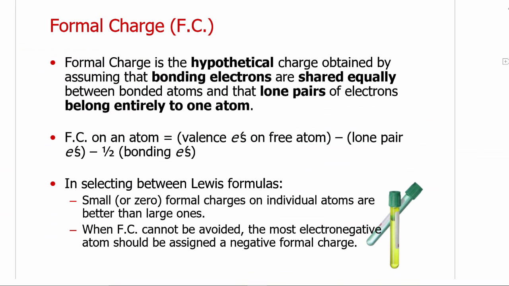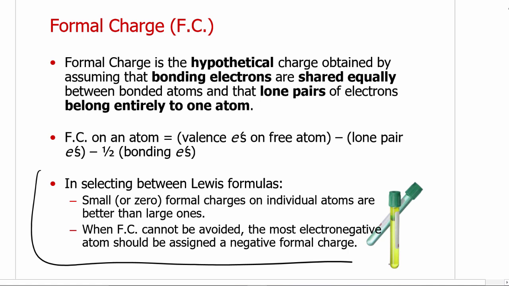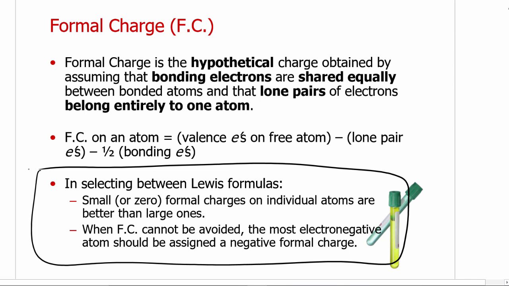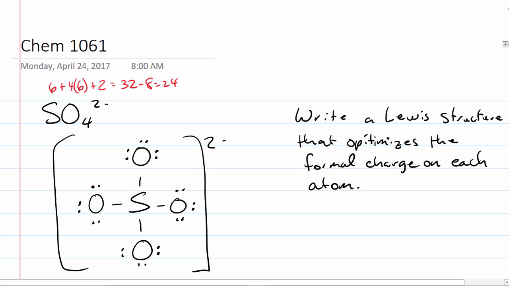Now, to optimize the formal charge, we have some rules here that help dictate what optimizes those formal charges. One of them says that when we try to select the best Lewis formula, small values, especially zero values for formal charges on individual atoms, are better than larger ones. And secondly, when formal charge cannot be avoided, the most electronegative atom should be assigned a negative formal charge. So what we're going to do with this one is